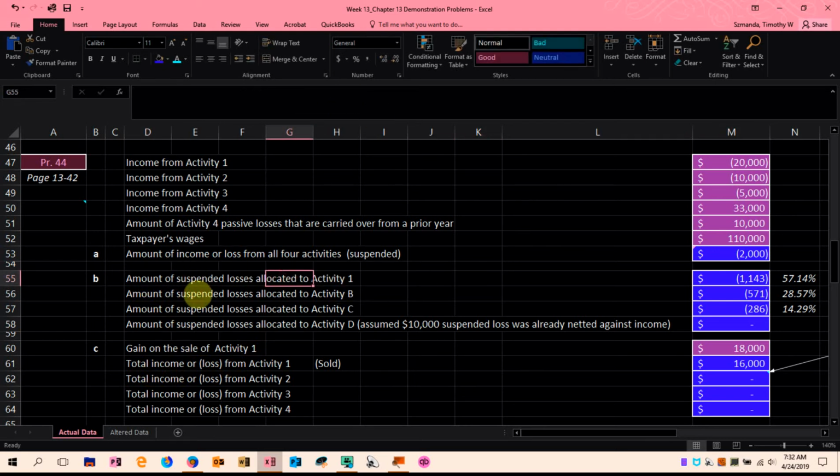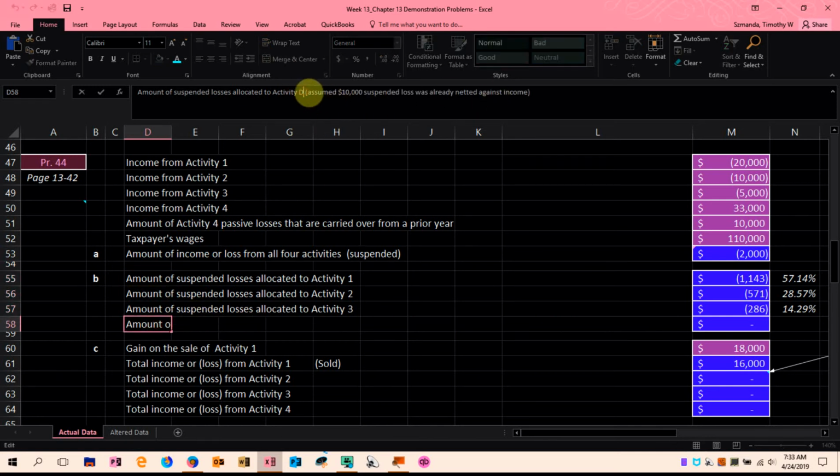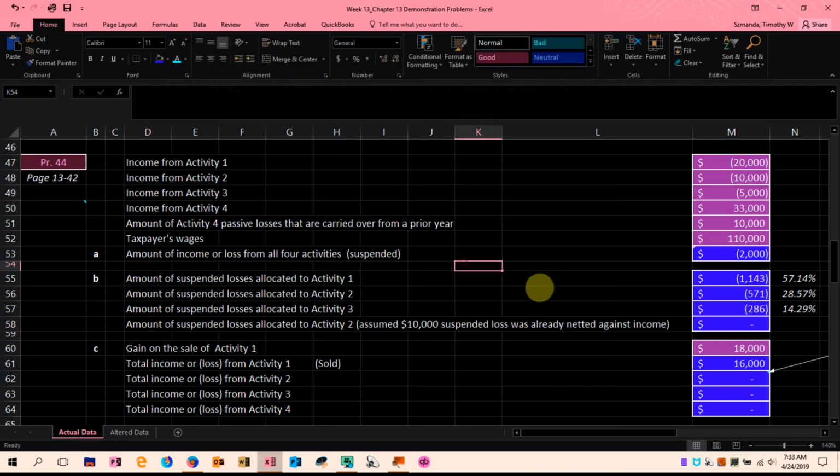And so when we look at the netting of these together, we have to consider that if there's been a suspended gain or loss,